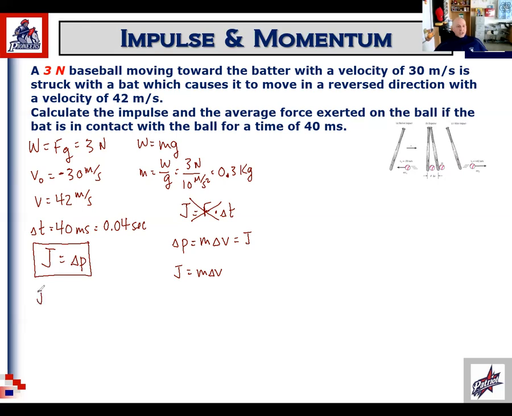I can use J equals m delta v, or I could use delta p equals F times delta t, right? Because that's how we calculate change in momentum, and that's how we calculate impulse. So which version you want to use is really going to be dictated by what's given in the problem. So in this case, since we know the mass,